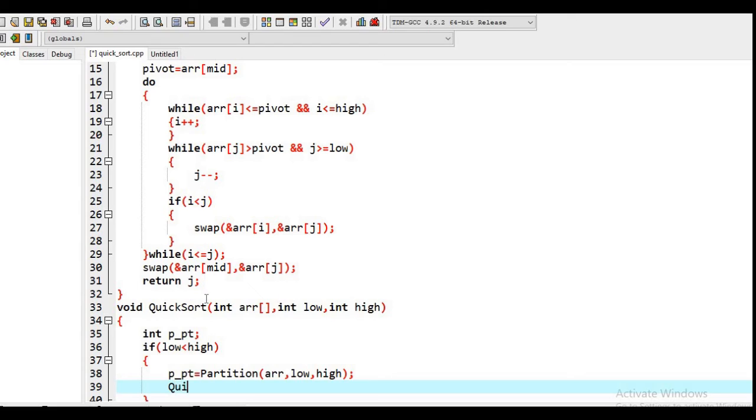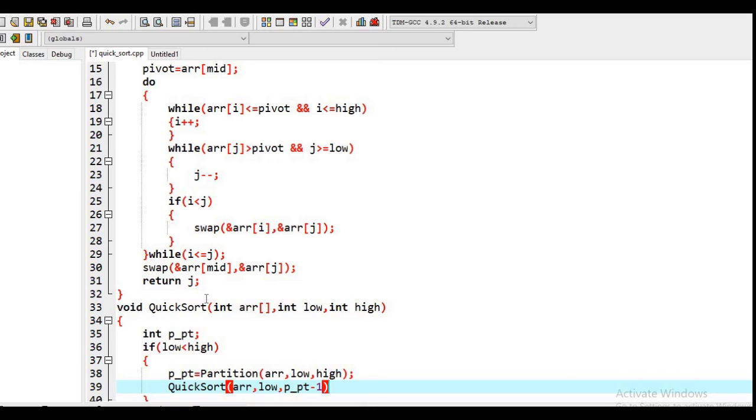Here we are again going to call this quick sort algorithm recursively, and we will pass the array, low, and partition point minus 1.